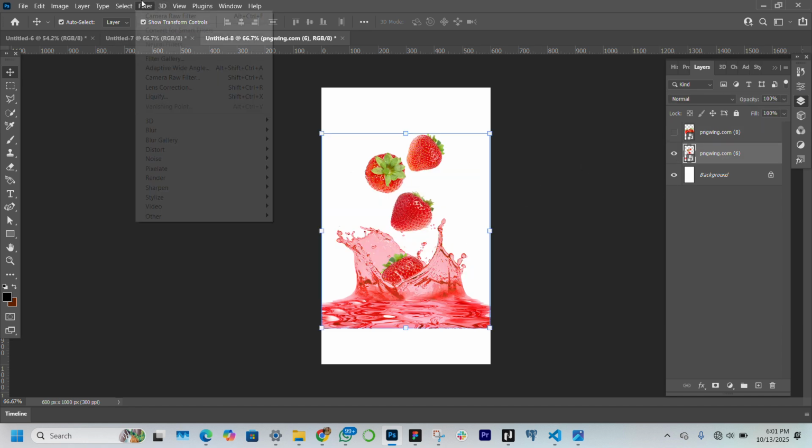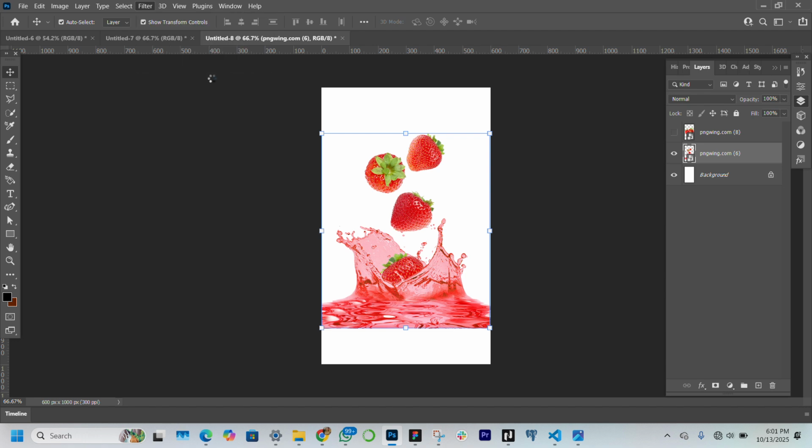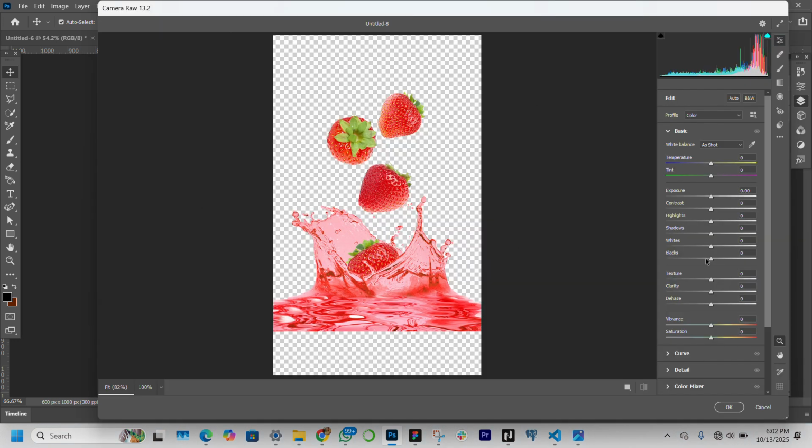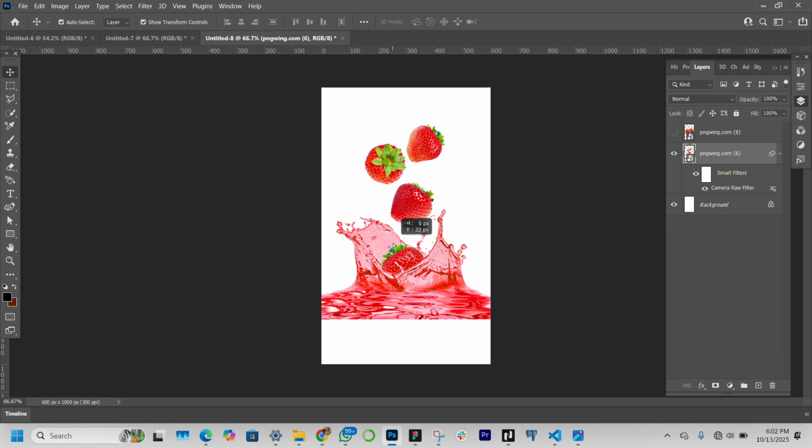I have this. I head over to filter. I'm going to give it a camera raw filter. Now it has loaded, I'm just going to reduce the blacks, increase the whites, touch on the texture, haze, and then I'm just going to hit enter. So this is what I have. The next thing I'm going to do is to bring this here, and then I'm going to erase